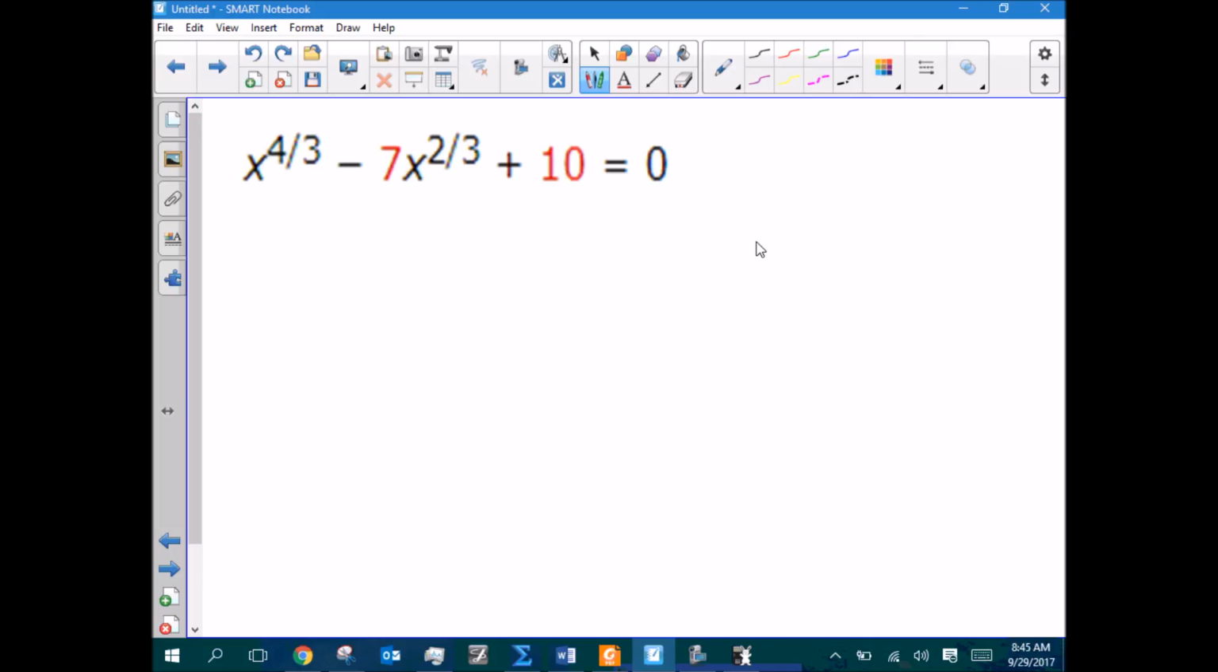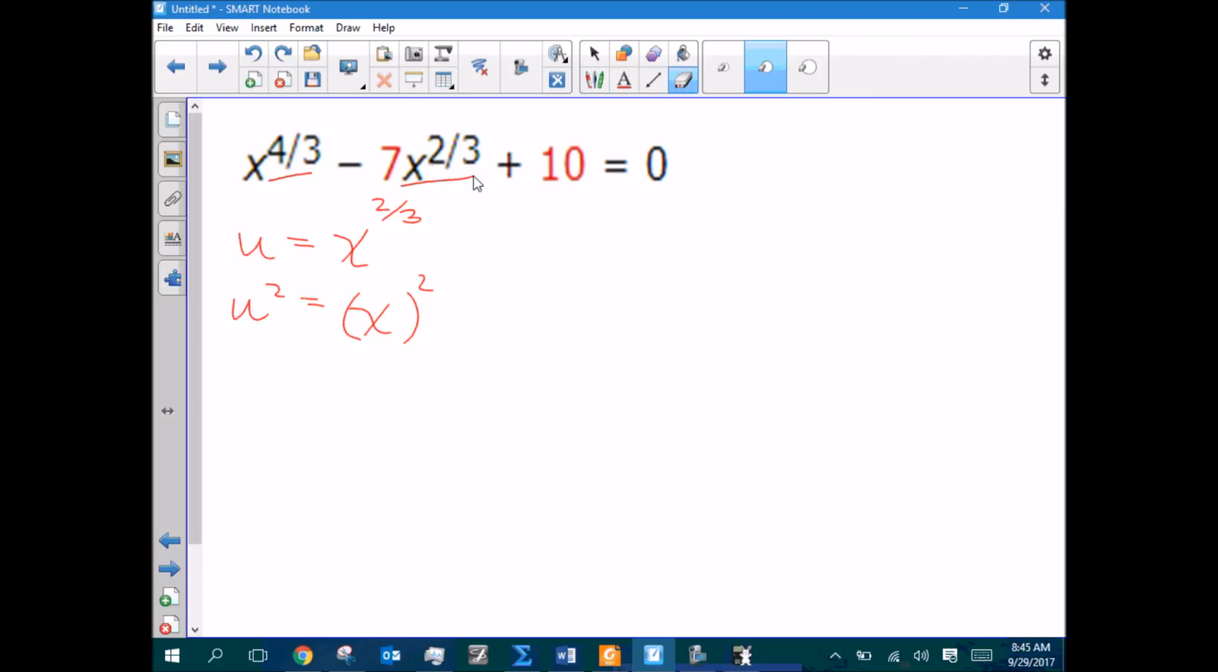But is this term here, that variable term, is its exponent half of that? So they're in a ratio of 2 to 1 to one another, right? So they're in quadratic form. All right. My suggestion to you is let u equal x to the 2/3. Okay. If I do that, then u squared would equal x to the 2/3